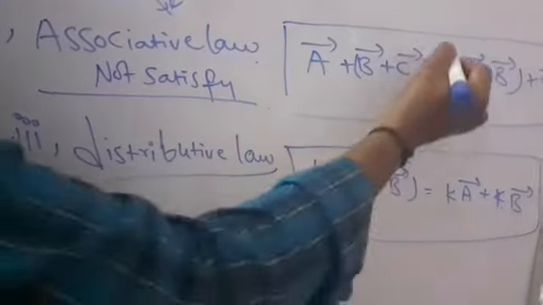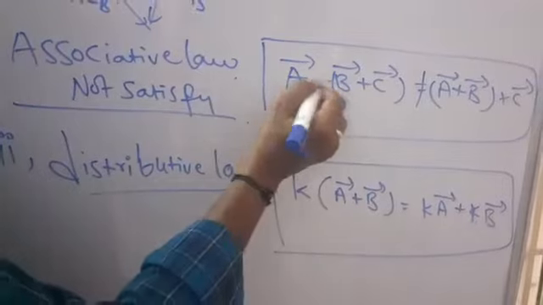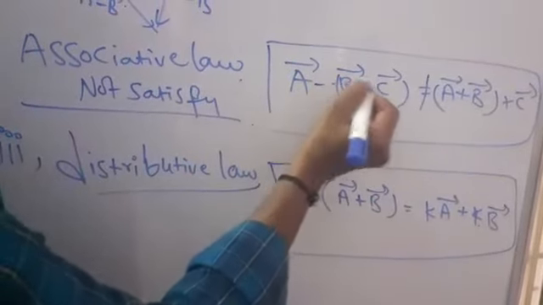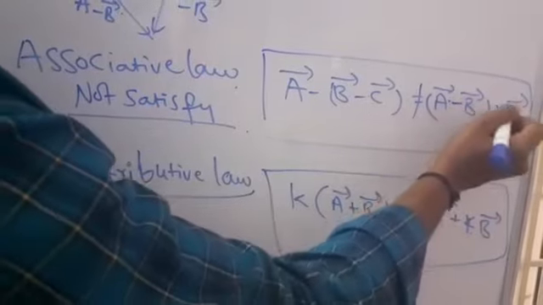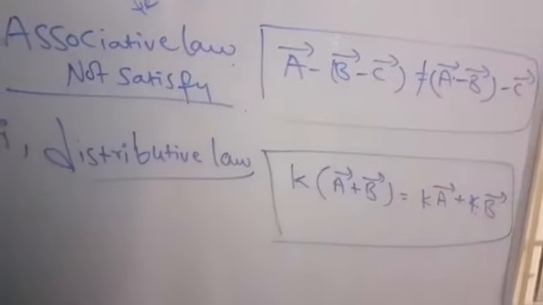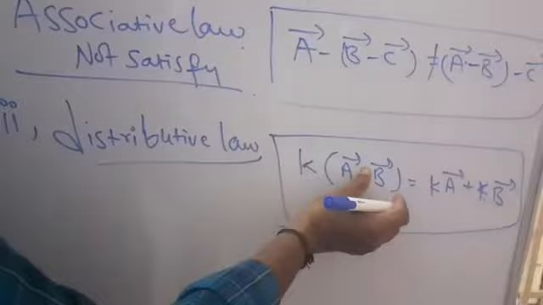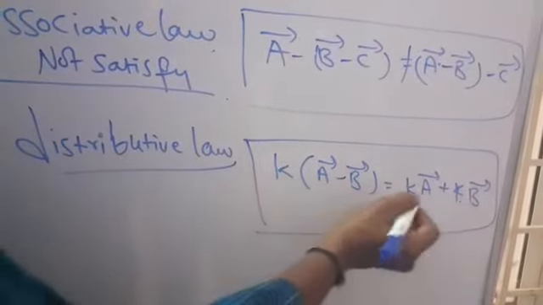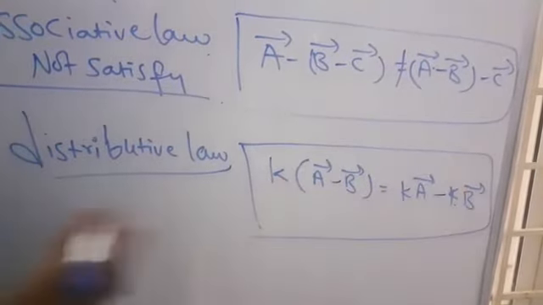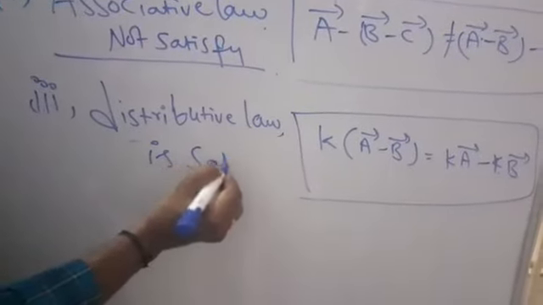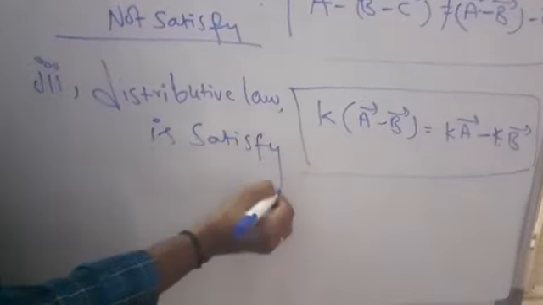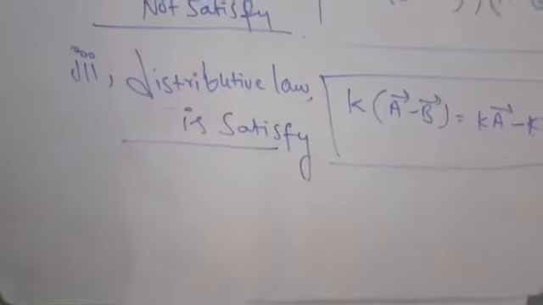Okay, next, here A bar minus B bar is not equal to A bar minus B bar minus C bar. The distributive law is satisfied. The distributive law is satisfied. Okay, so